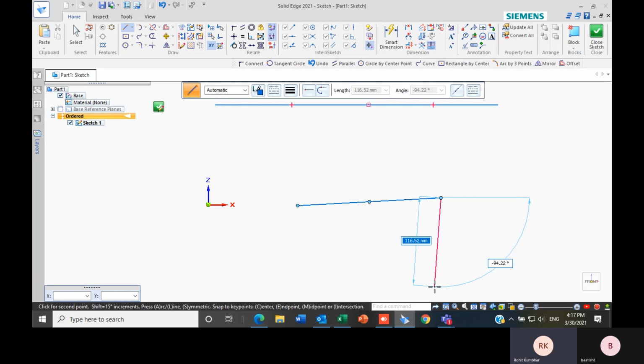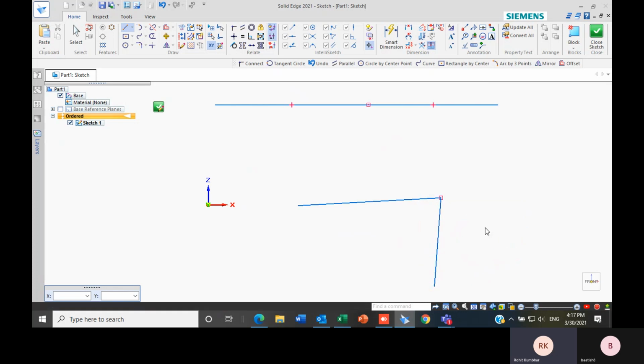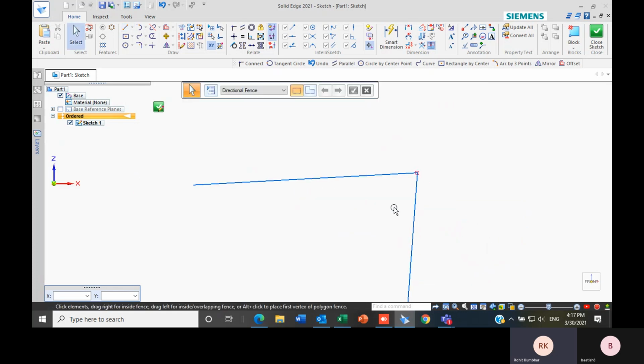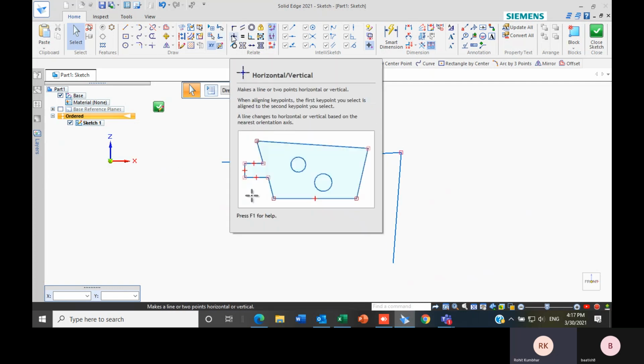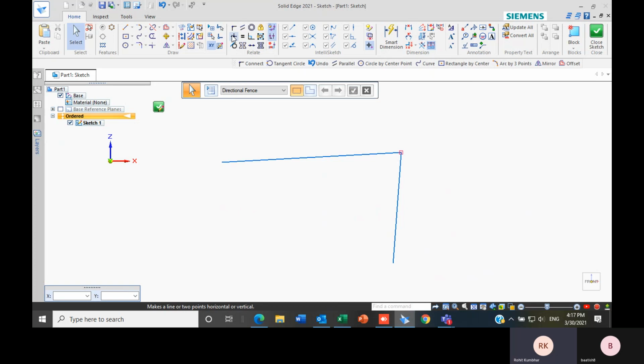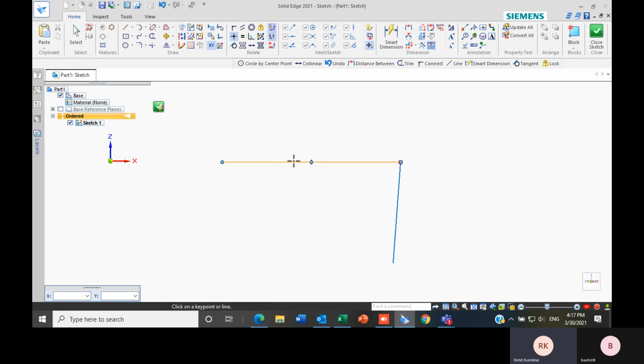It will be around 2-3 degrees off, but I want to make these two lines horizontal or vertical, so I can select this option and make them accordingly. If a line has an angle less than 45 degrees, that line will be converted into a horizontal line, as you can see here.